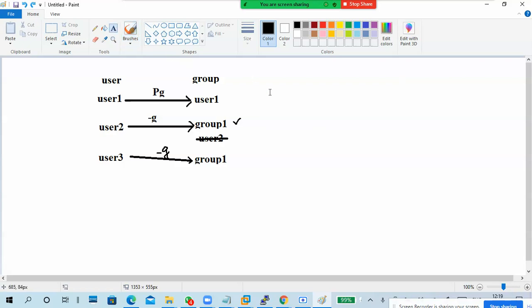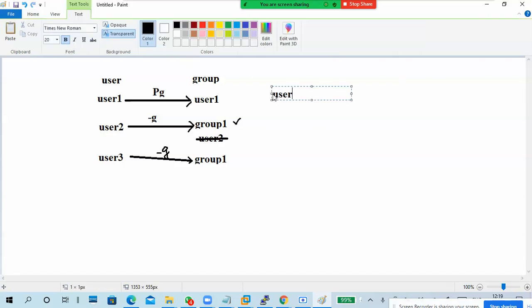For example, this is user one. User one's primary group is group one. Just for example, user one's group name is user one, as per our scenario.